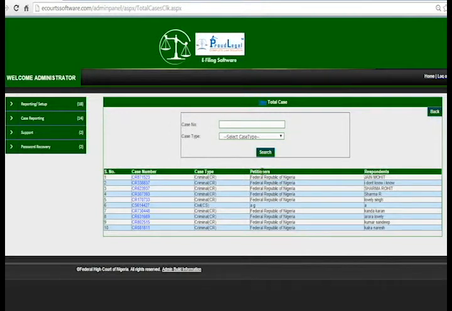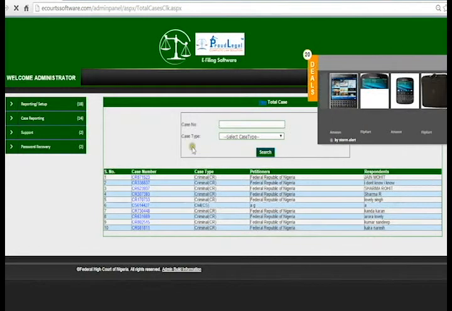So here you can see all the details of old filed cases for petitioner. Alright, these are the 10 details as I can see here. These are the case number, the case type, what kind of case it is: a criminal case, a civil case, or another case. And this is the petitioner name, and this is the respondent name. Petitioner means the person who is filing the case, and respondent means the person against whom the case is filed. You can take it as an enemy.